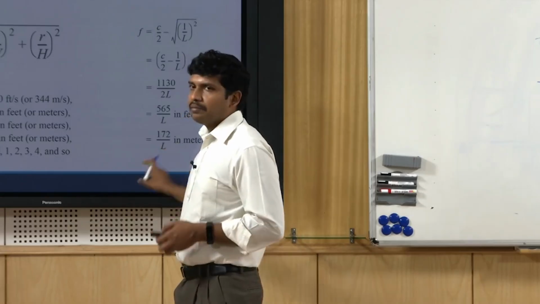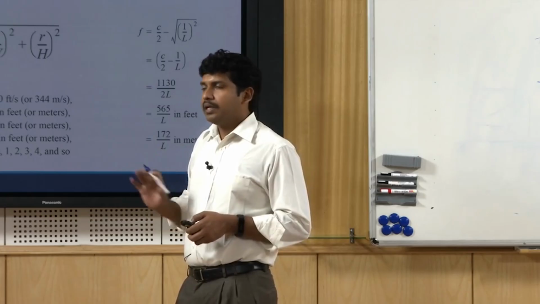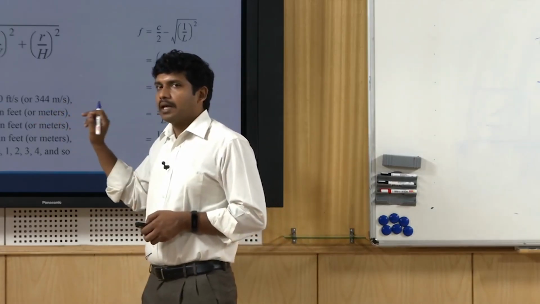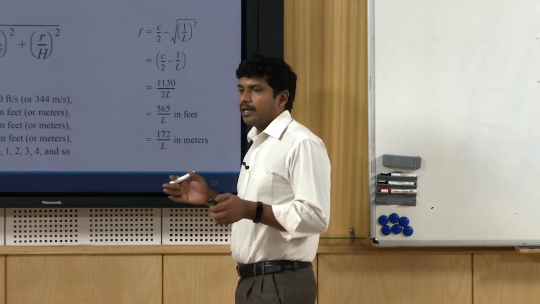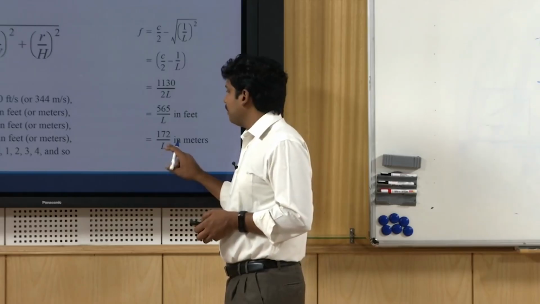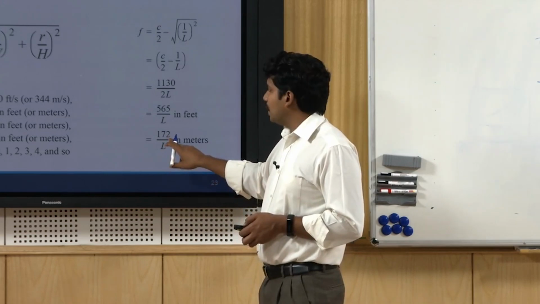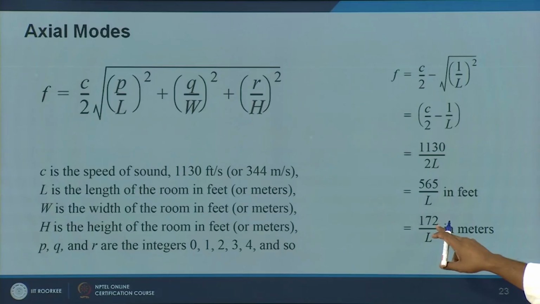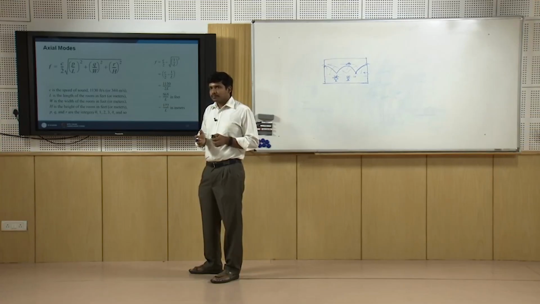In that case, you will have to provide treatment again in that particular low frequency range. So it also tells you which frequency you have to actually provide treatment for. As the room width reduces further, instead of 4 meter you take a 2 or 2.5 meter, then what happens here, say if it is 2 meter, you will have a standing wave forming somewhere around 90 hertz, 85 hertz, somewhere close to 86 hertz you will have a standing wave, which means as the room width comes down or the height